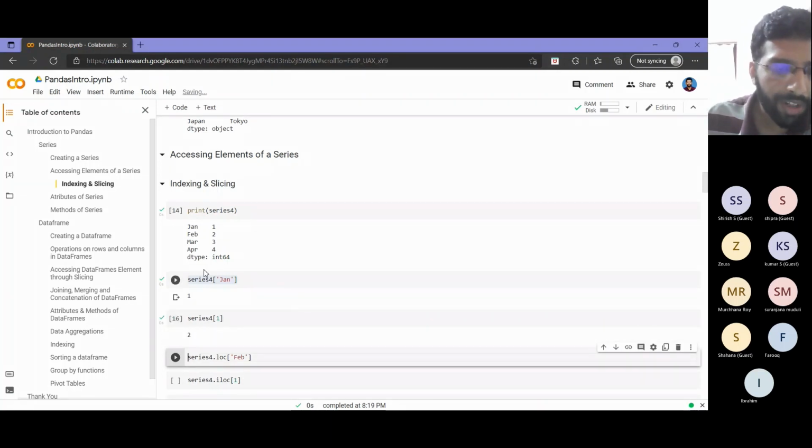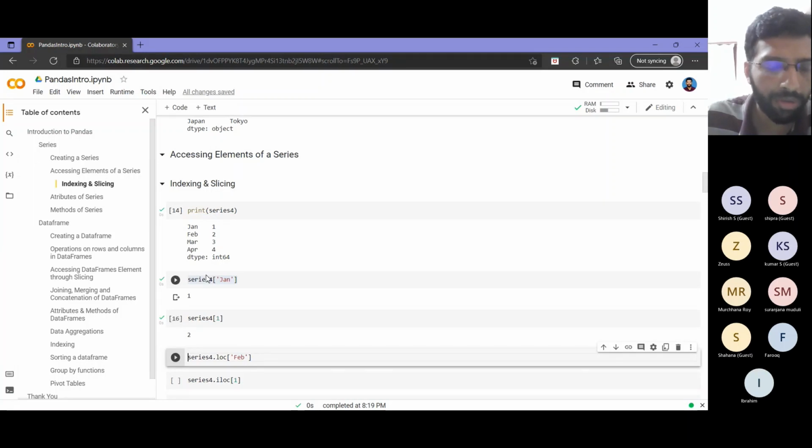So basically what will come here is 2. Because something that mostly people find confusing is that I have given a series 4 of 1 here. So some people will think that, okay, there is a 1 here, so corresponding to that one, maybe Jan will get printed. Something like that, at least some of you might have got it.